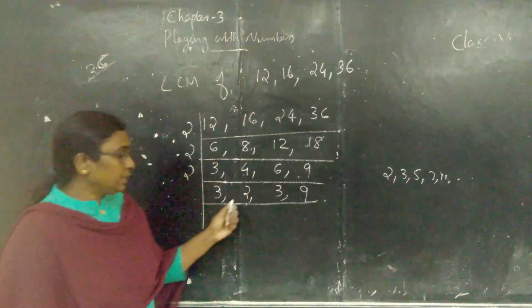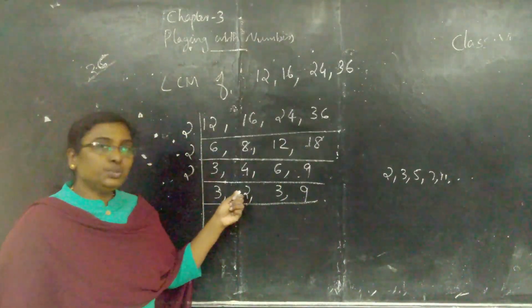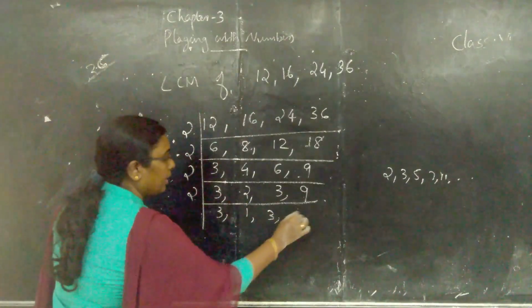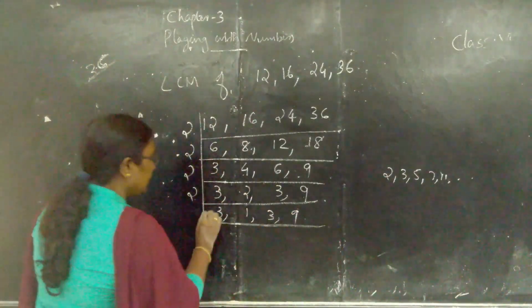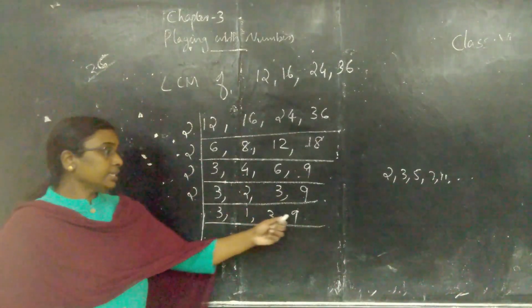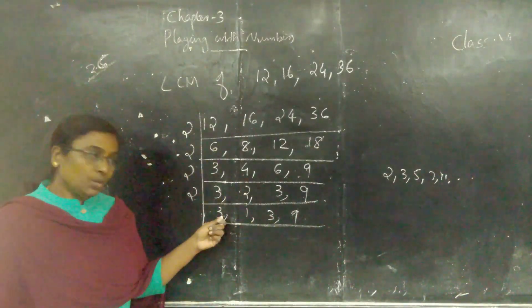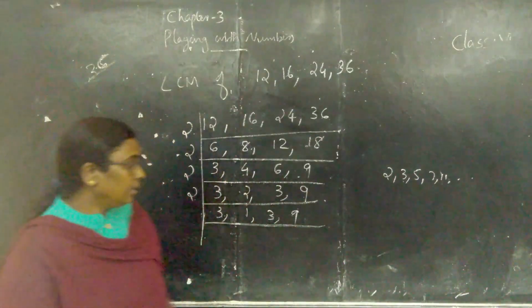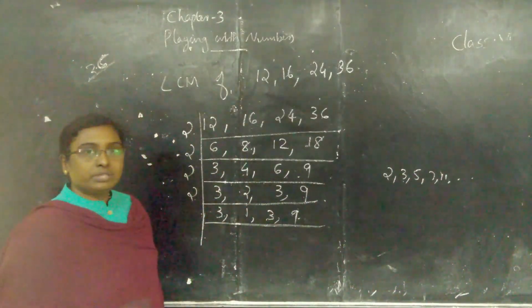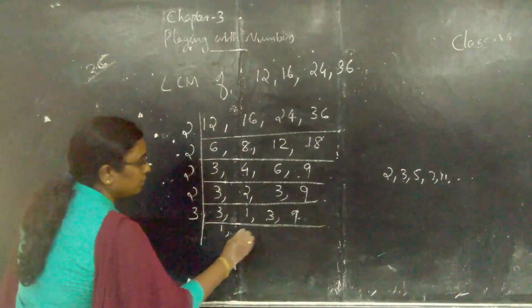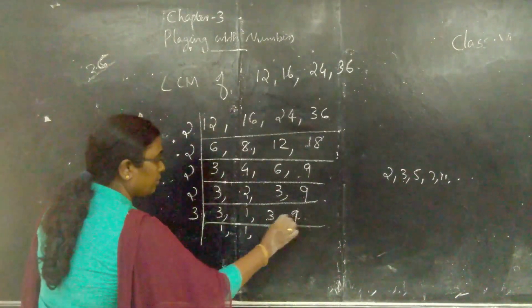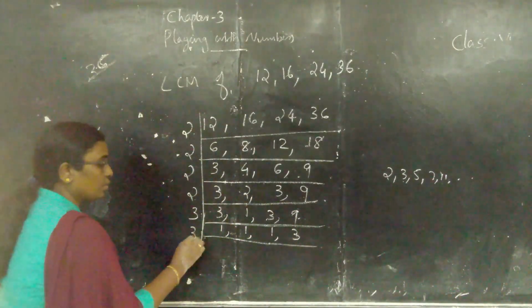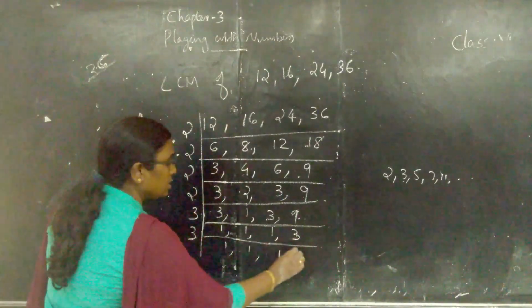Then again check whether 2 divides any one of these numbers. 2, so write 2. 3; 2 divided by 2, 1; 3 and 9. These numbers are not divisible, so write as such. Again check whether 2 divides any: no. 3 is not divisible by 2, and 1, 3, 9 are not divisible by 2. So take the next number 3. 3, 3 and 9 are divisible by 3. So write 3 here. 1, 1, 3 by 3, 1; 9 by 3, 3. Only one number remaining, 3, which is a prime number. So write 3 here. 1, 1, 1; 3 by 3 is 1.